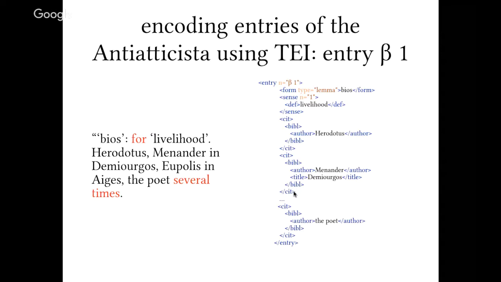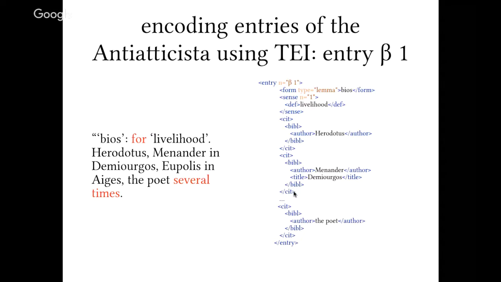A list of authors, or authors and titles of works, follows. Herodotus, no work is mentioned. Menander in Demiurgos. Menander is a comic poet, Demiurgos is the title of the comedy. Eupolis in Aeges, the same pattern. And then the poet, several times. The poet is always Homer, or most of the times Homer in these sources. And he's very imprecise here,